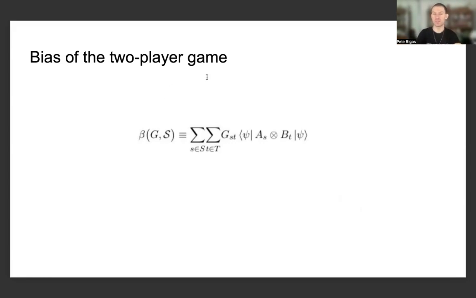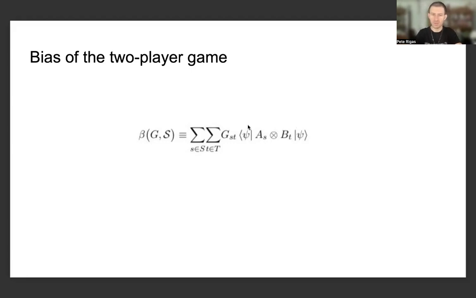Given the two-player game, we can look at the bias beta sub g of s being a summation over little s and little t respectively belonging to the sets big S and big T of the following expected value, namely the game matrix, which is indexed in g of s of t. For the two-player setting, we're looking at a matrix where the rows and the columns are indexed and the questions are distributed to each one of the two players and the two participants, multiplied by this expectation value of the